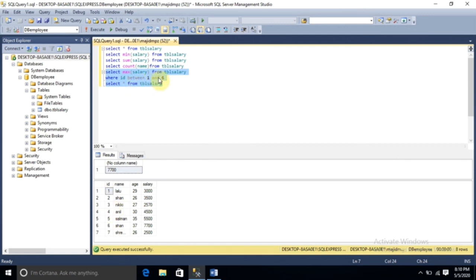ID between 1 and 6. From these 6 rows, which one is the maximum salary? This one, ID number 6, Shan, age 37, and the salary is 7,700. This is the maximum salary between ID number 1 and 6. You can see it did not take the ID number 7 row.